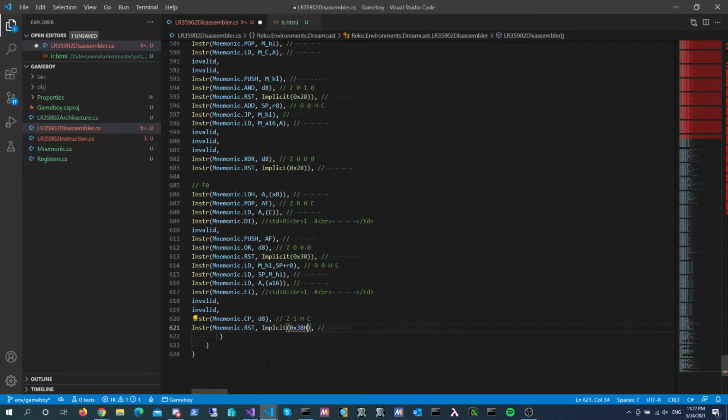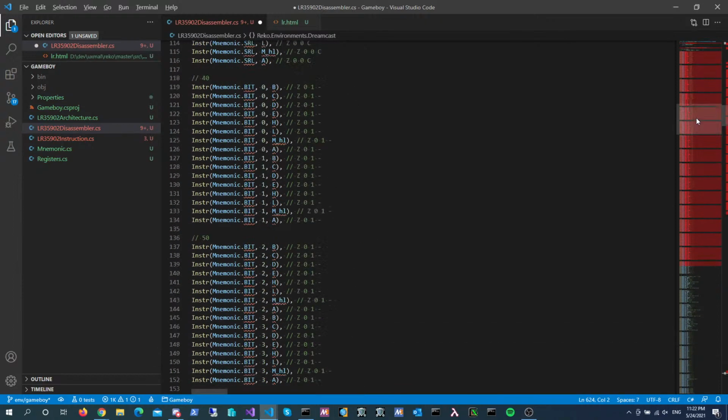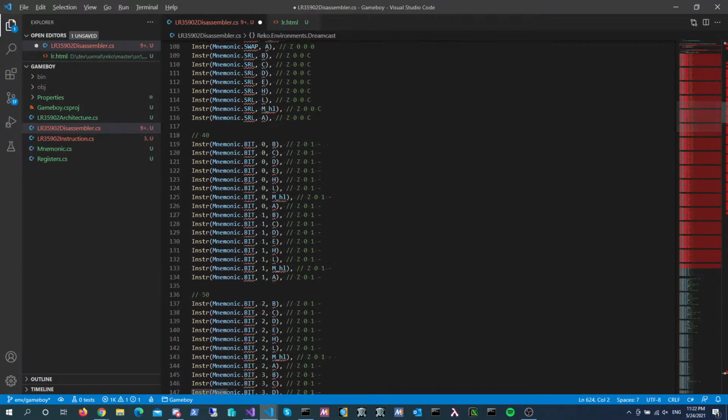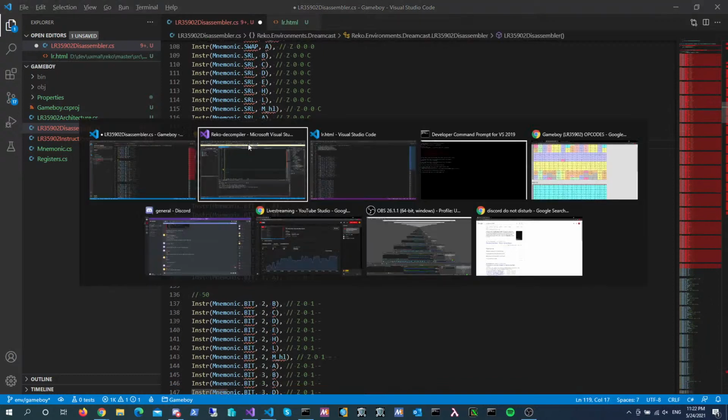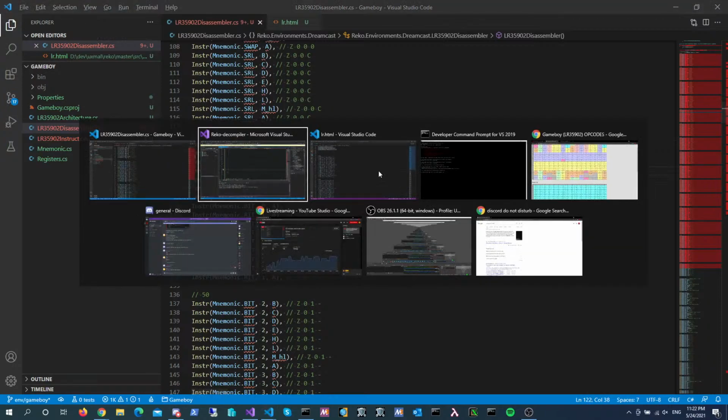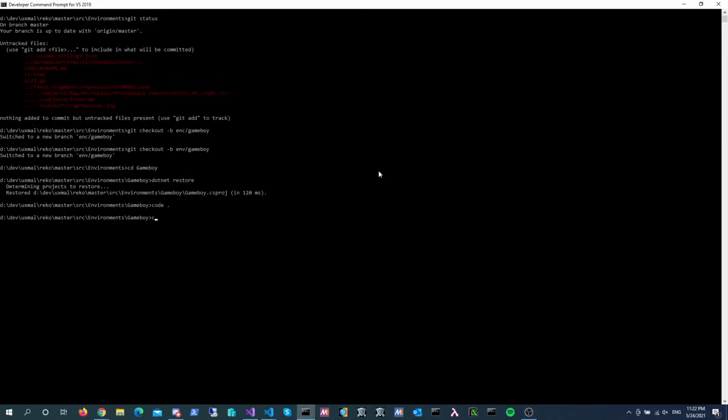Okay, it's time to switch back to Visual Studio now. We no longer need the search and replace. So yeah, we have a lot of blood up here, as you can see, and that's because all of these opcodes have not been defined yet. I mean, we can certainly. What I'll do is I'll just do a little trick. I will do a sed of, and then if the syntax is correct,